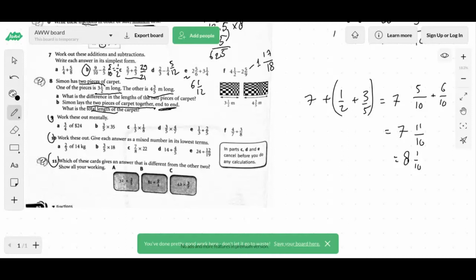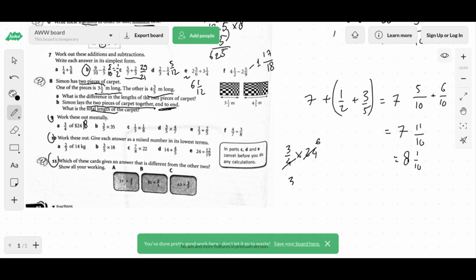Now, the last three numbers are quite easy actually. Do you remember what "of" means in mathematics? Times. So, 3 over 4 times 24. Remember, if you can cancel them, cancel them first. For example, this one and this one can cancel out, right? Yes, 6. So it's 18. Nice, this is 18.